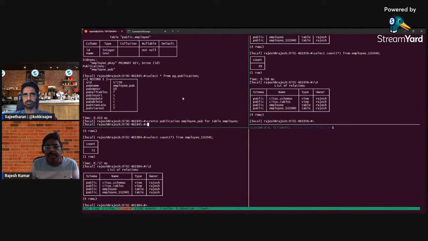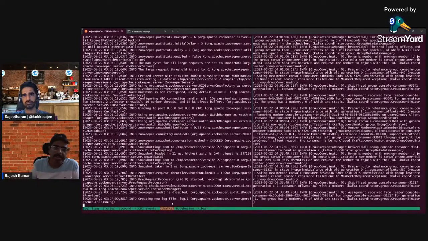Once you create this publication, it is enabled for CDC. After that, you can create a Kafka cluster. In my case, I have a local Kafka cluster, but users can use a Docker-based container for Kafka. In most production cases, there will already be a Kafka cluster, and you can just use that. One more thing that you have to do to enable Kafka is, if you go back to the diagram,